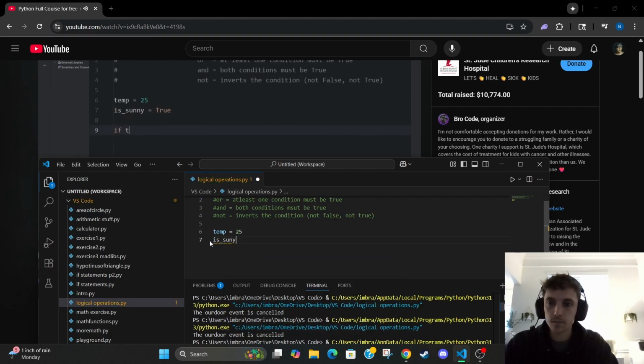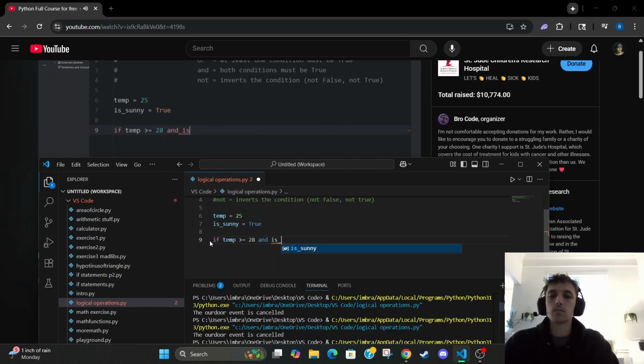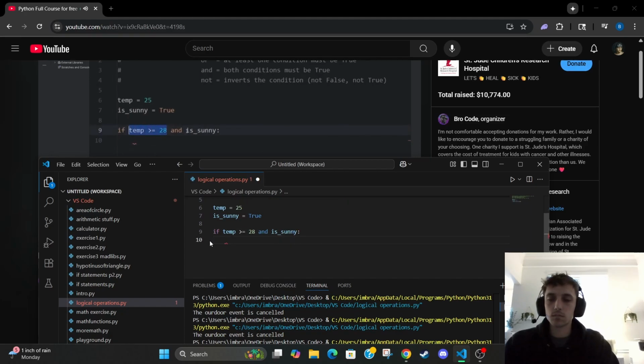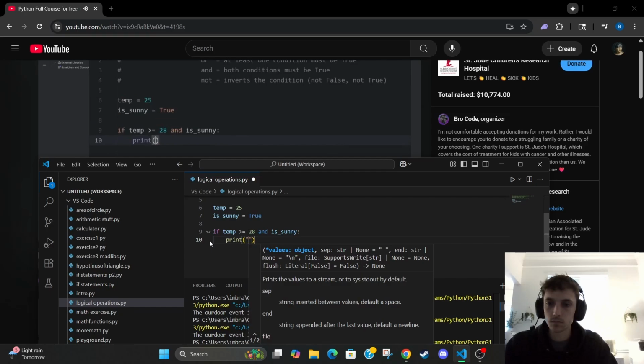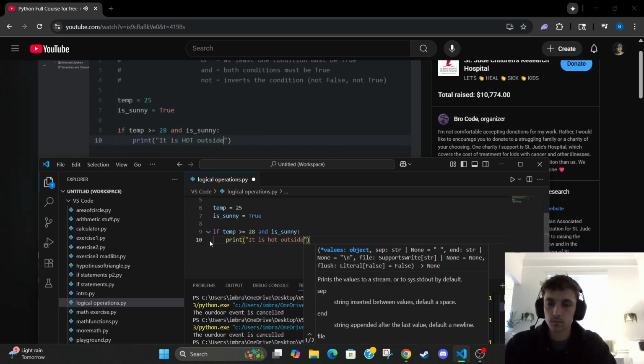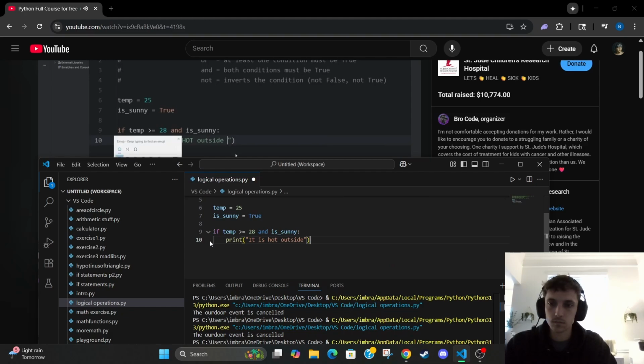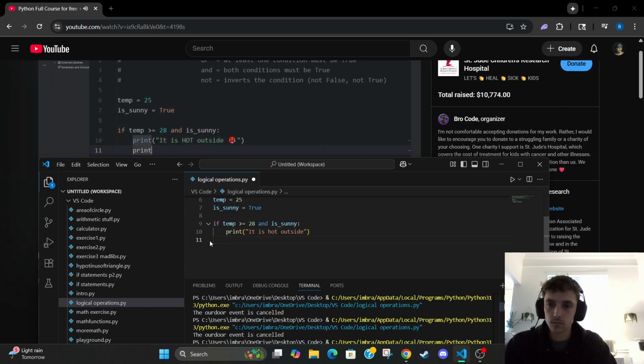We will check if our temp is greater than or equal to 28 degrees Celsius, and is it sunny? Is sunny. If it's hot, and if it's sunny, if this is true, let's print the following. It is hot outside. For fun, I'm going to add an emoji, but you don't have to. I just think it's more entertaining that way. But you do you. And I will print